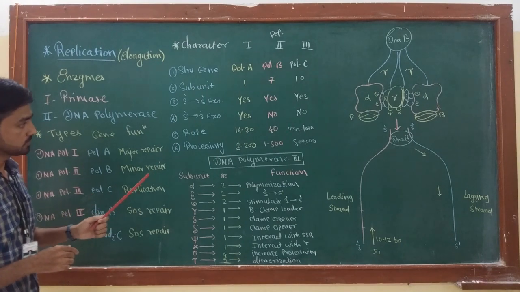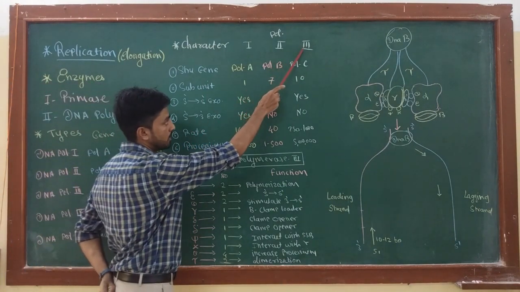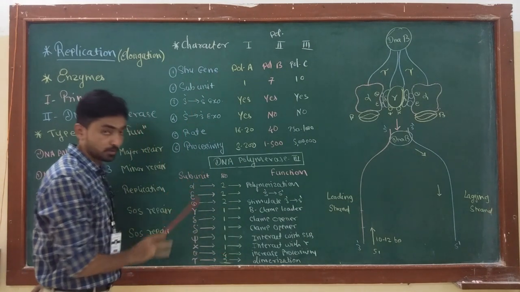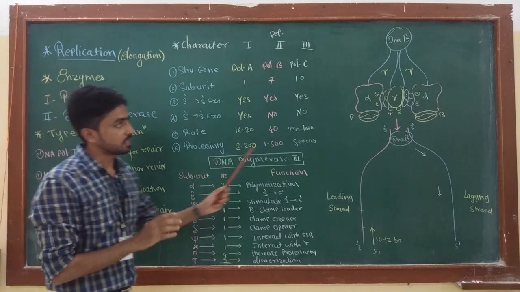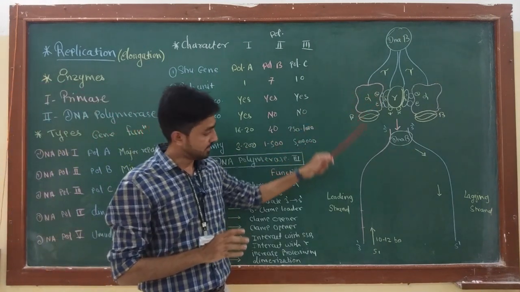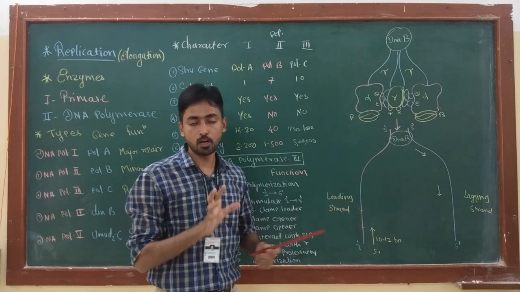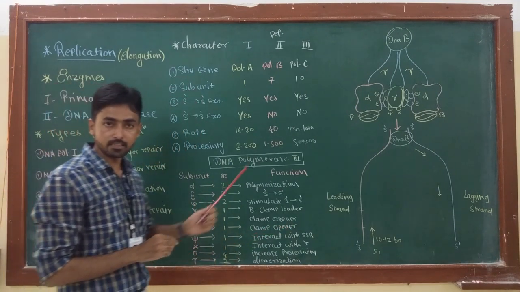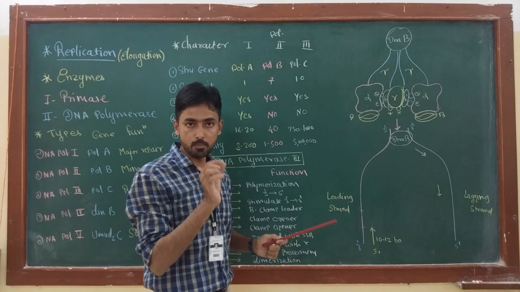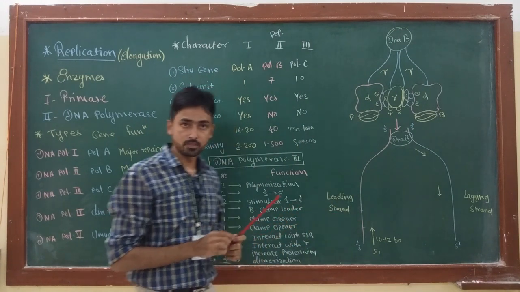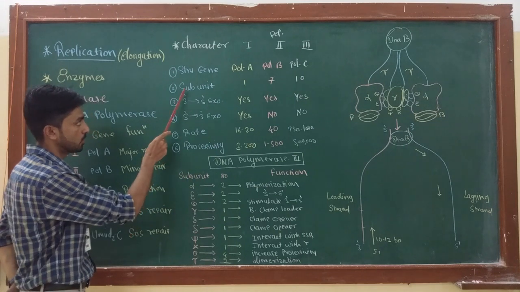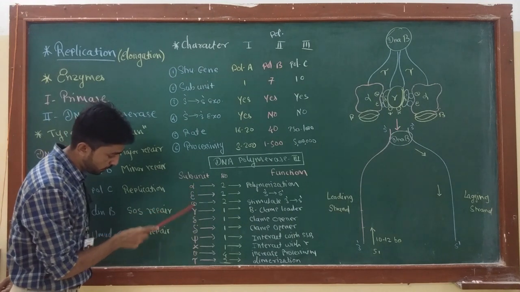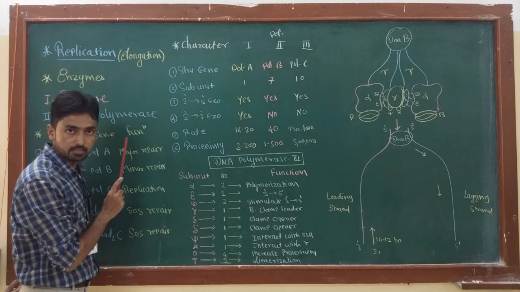Okay, so now we are going to see the DNA polymerase 3 enzyme structure and the different types of subunits the enzyme has, in detail. You have to focus on this part, because without understanding the structure of DNA polymerase 3, it is not possible to understand the elongation phase of replication, because every subunit present in DNA polymerase 3 plays an important role in the elongation phase. DNA polymerase 3 has, as we have already seen, a total of 10 subunits. Here I have made a list of all the subunits.